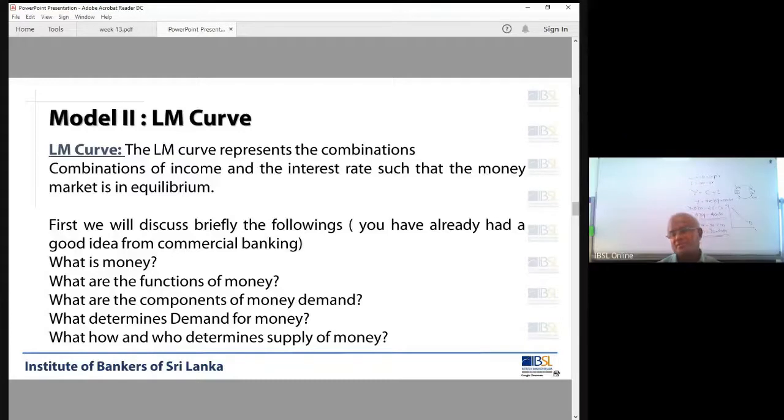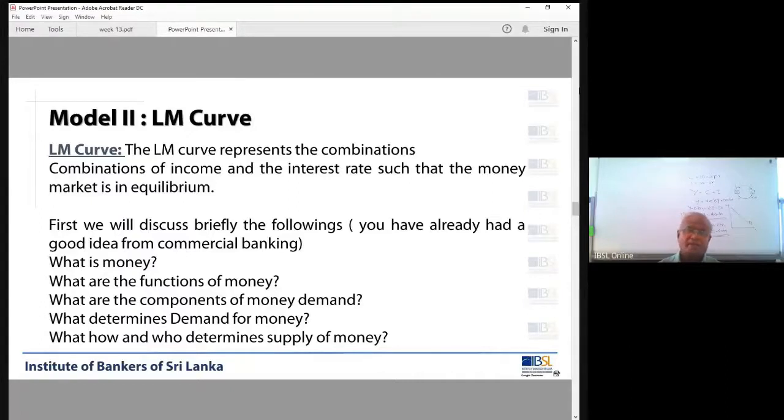I might suggest that to the Director General, because Mr. Karunatilaka was once the superintendent of currency. He can easily arrange these things. He has lots of contacts in the central bank. I was working in some other department, but Mr. Karunatilaka, Director General of the IBSL at the moment, is a good friend of mine. He worked as a superintendent of currency, right? After that, we both were promoted as assistant governors, right?